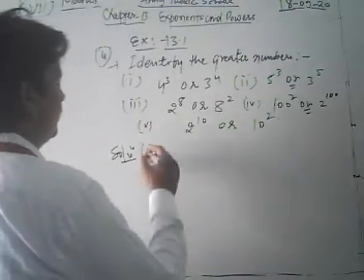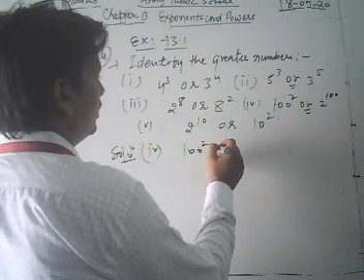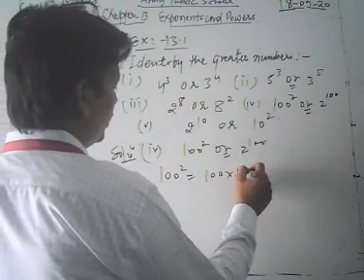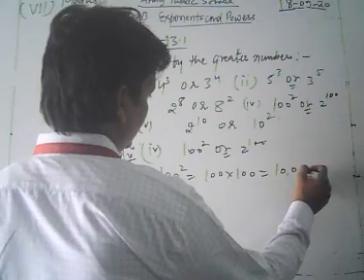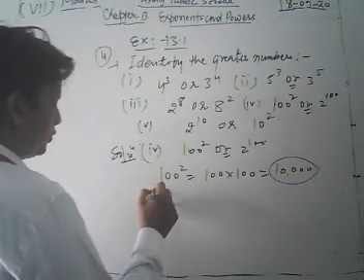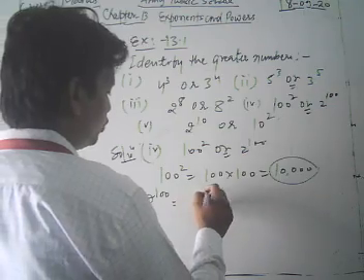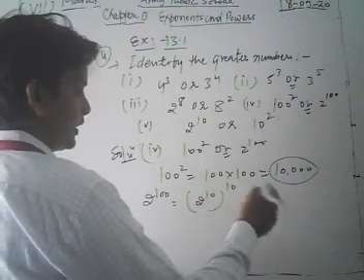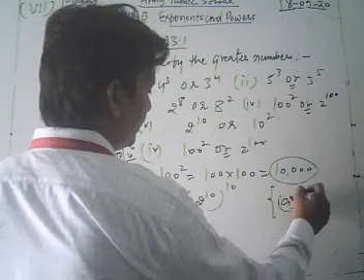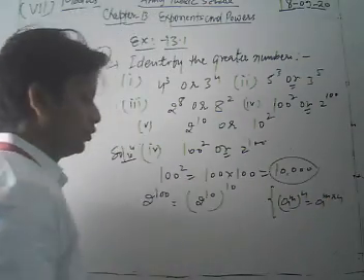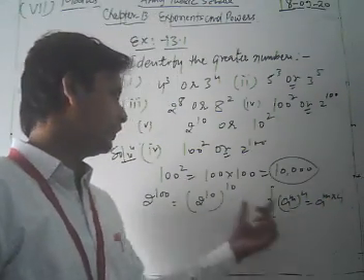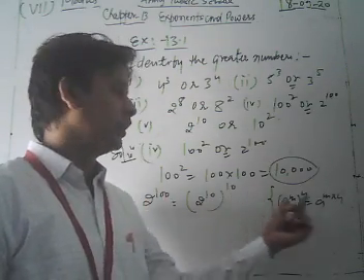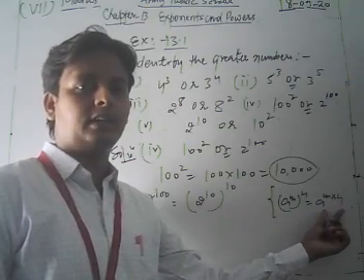Now we solve the fourth part of this question, which is 100 square or 2 to the power 100. Dear student, first we write 100 square, which is 100 into 100, that means 10,000. Now we take 2 to the power 100. We can write 2 to the power 100 as 2 to the power 10, the whole power 10. Because by the laws of exponents, we can write a to the power m whole to the power n as a to the power m into n. So 2 to the power 100 is equal to 2 to the power 10 the whole power 10.